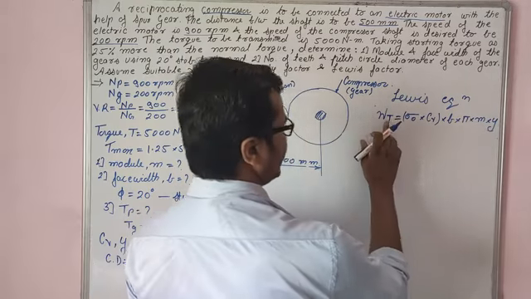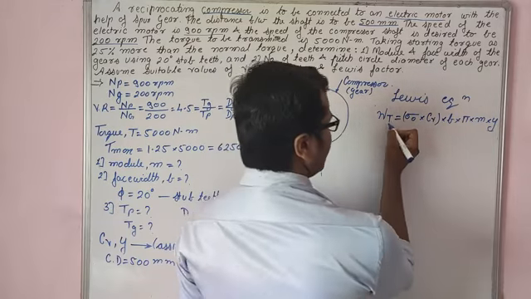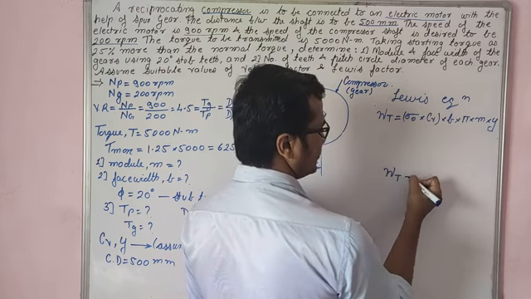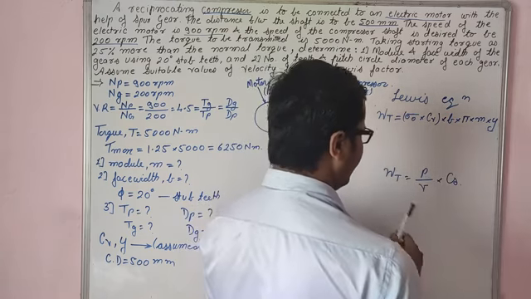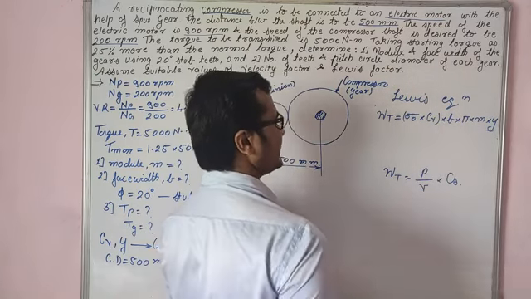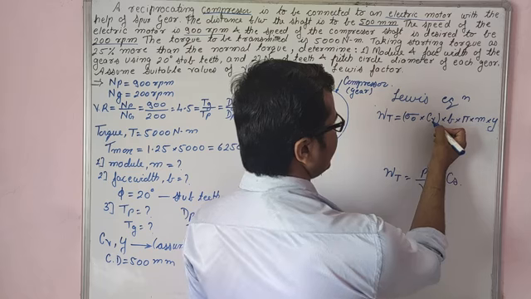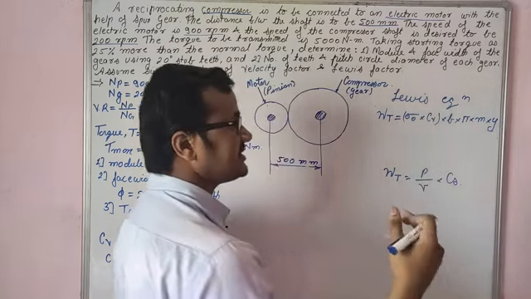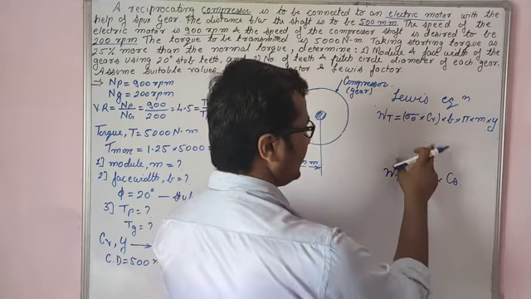Now in this expression Wt is nothing but your tangential load, which is found out by using the expression Wt equals P by V into service factor Cs, right? That is, power upon linear velocity or pitch line velocity V, into service factor Cs. And sigma 0 is the static stress, Cv is the velocity factor, which is found by using a relation dependent on the pitch line velocity, right?